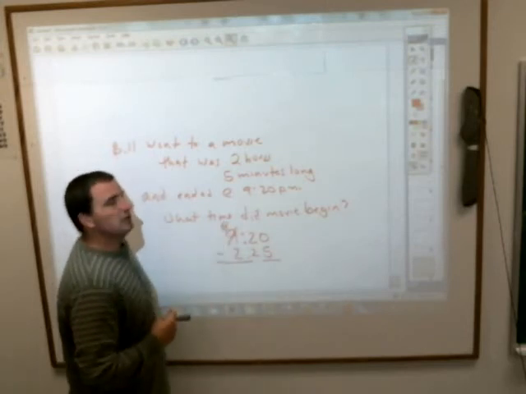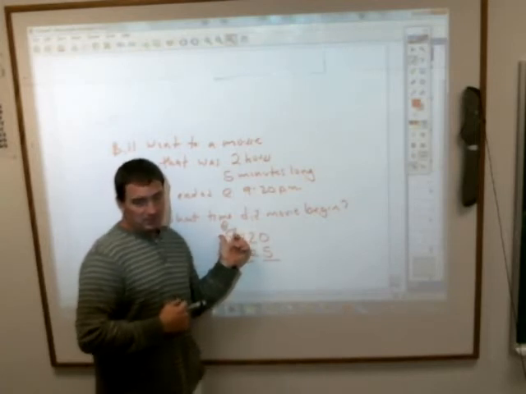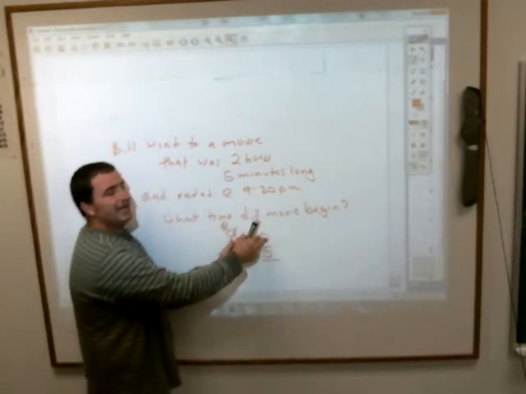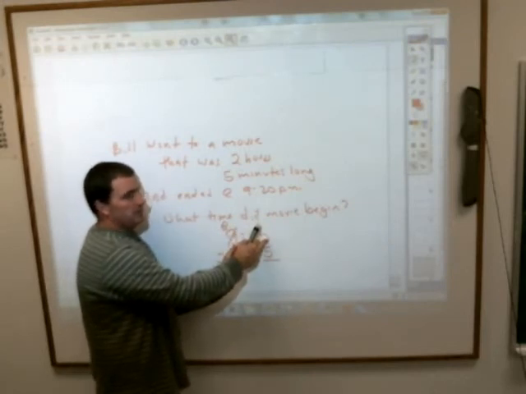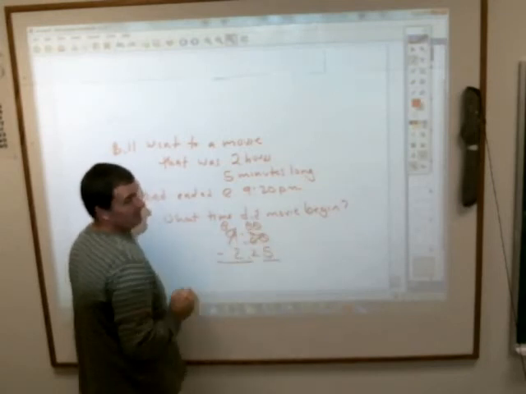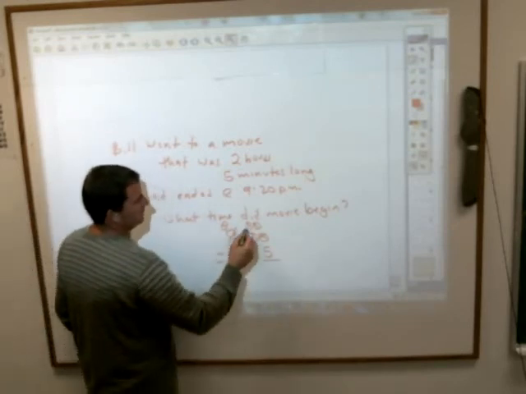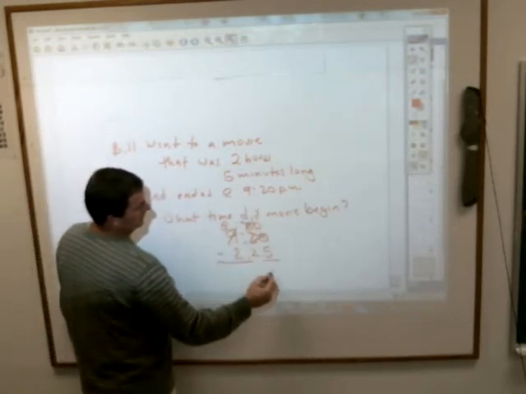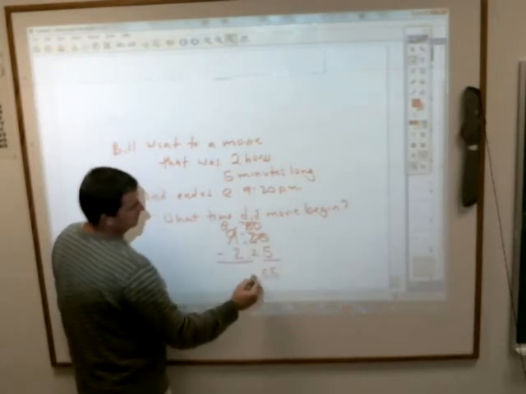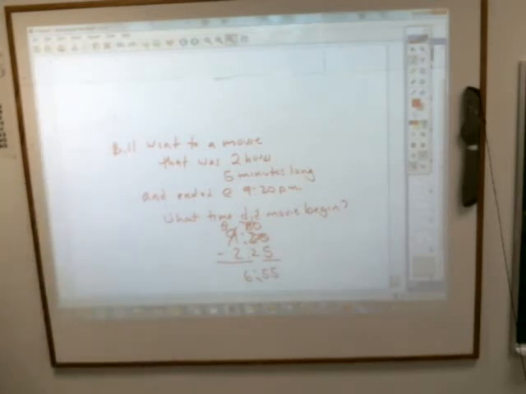Same principle, but you have to think, an hour is worth how many minutes? 60 minutes. So if you take an hour away from here, you don't just add 10 over here, because an hour is more than 10 minutes. You have to actually add 60 to this, and it becomes an 80, because an hour is 60 minutes. So now you can subtract like normal. You end up with 6:55. So when you're working with time, you always have to keep that in mind. When you borrow in time, you have to borrow how many minutes an hour is, not just 10.